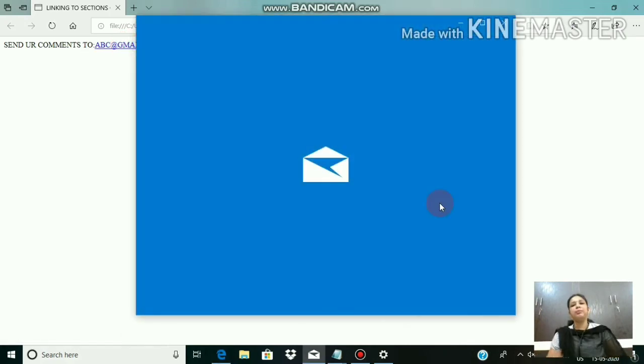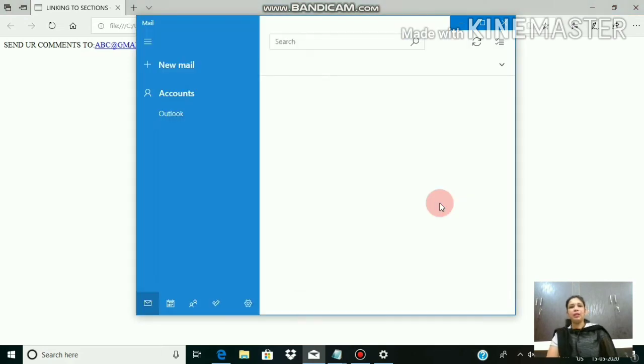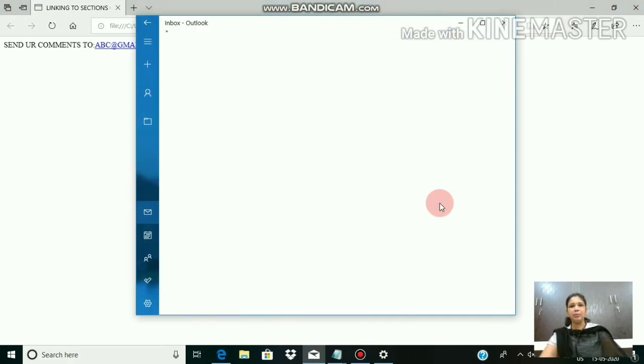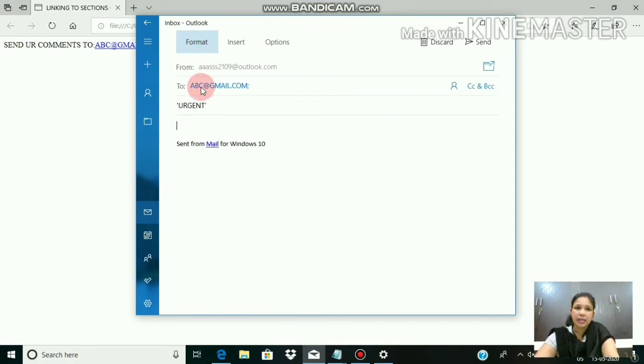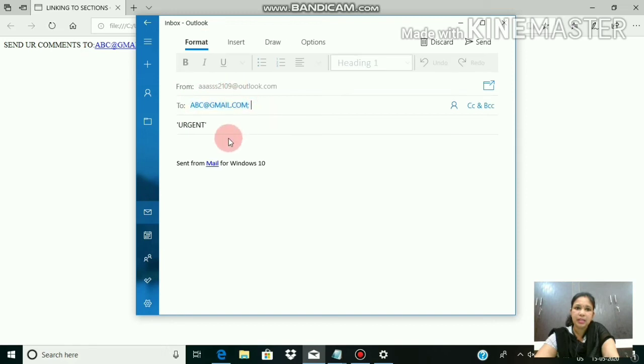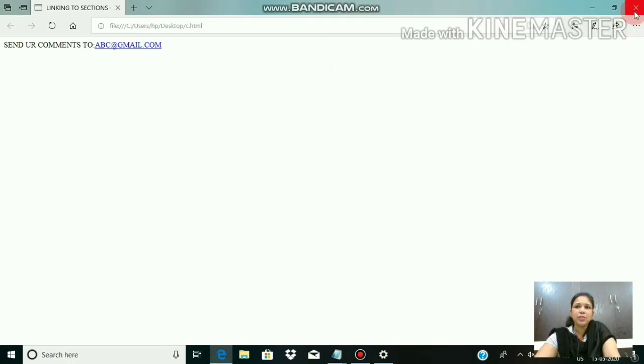See, Outlook will open. And in Outlook, new mail will be configured, it's shown. You don't have to type the email address and all. Subject is written, and here to ABC, only you have to type the message and then click on send. This is how you can send an email from the browser. Okay, one more question you people can have in mind, that how can we create a link through an image?